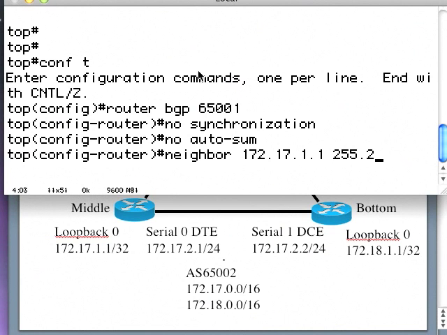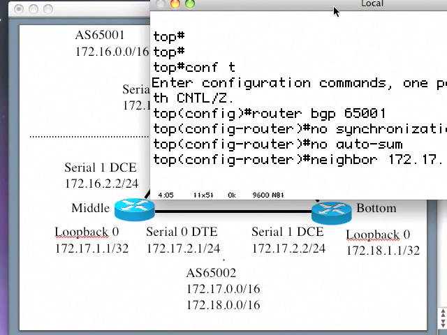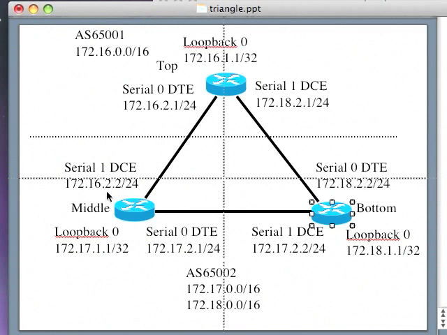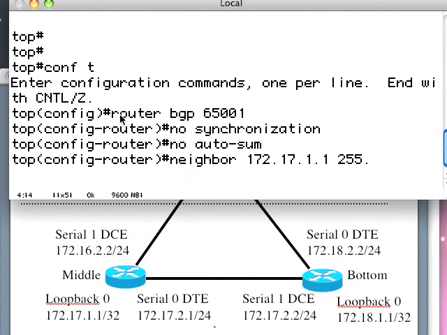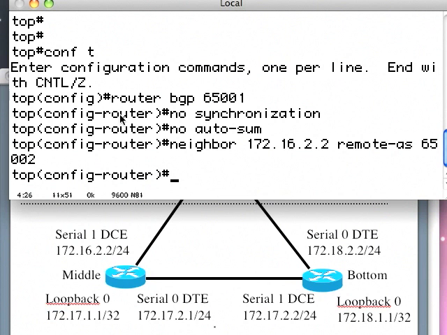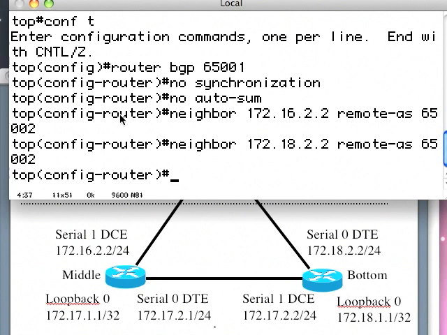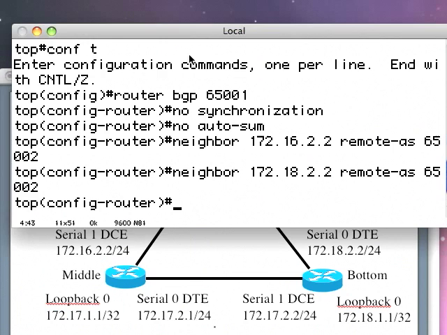I'm sorry, this is an eBGP neighbor, so I have to make my neighbor the physical interface. So the physical IP address that I'm neighboring with is 172.16.2.2 remote-AS 65002. And my other neighbor is neighbor 172.18.2.2 remote-AS 65002,